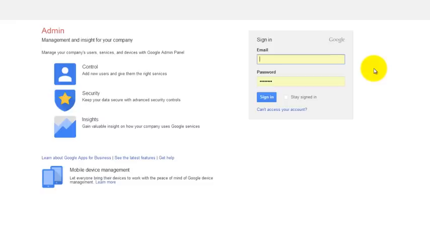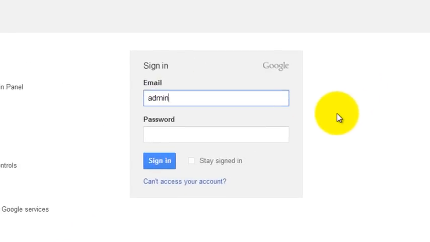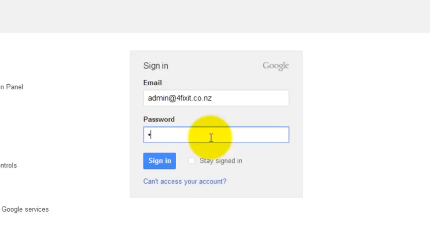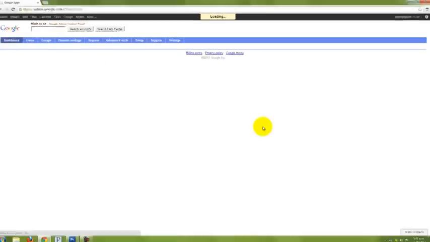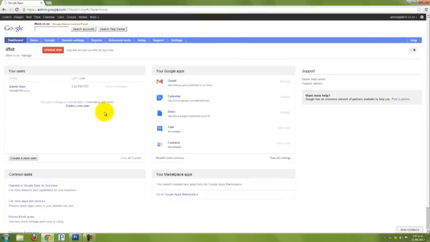So log in to your existing Google Apps account as the administrator to the control panel. So now we're logged in to